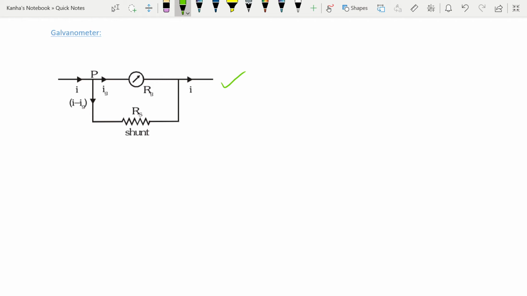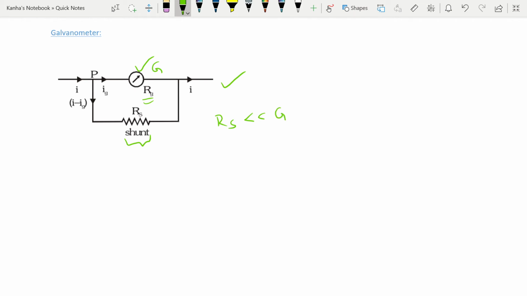You should know what these terms are. This is the galvanometer. It will be represented by G, and there is something known as the shunt resistance. So shunt is basically a small resistance which is connected in parallel to the galvanometer coil, and this is done so that there is a control of the current flowing through the galvanometer. You do not want a lot of current to pass through the coils of the galvanometer, or it will heat up and maybe even burst. So in order to avoid that, you have a small resistance Rs. Rs is very small as compared to, let's say, G.